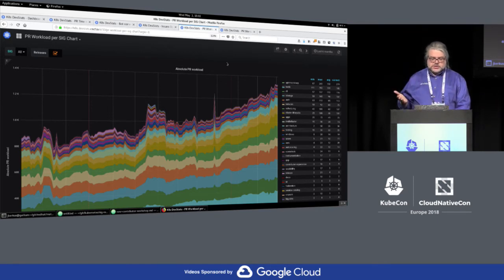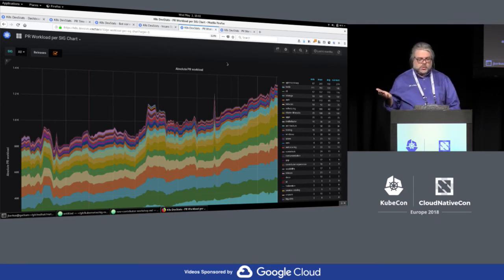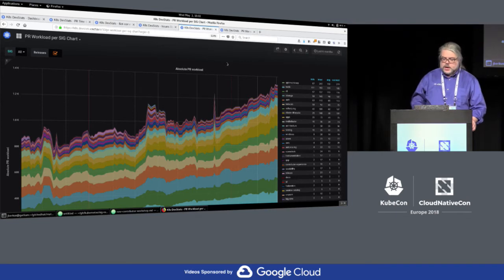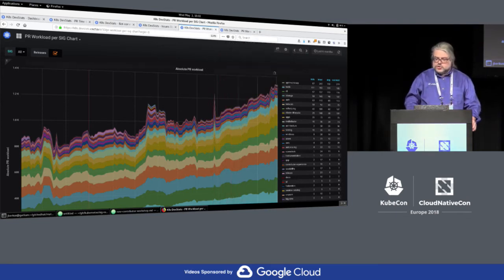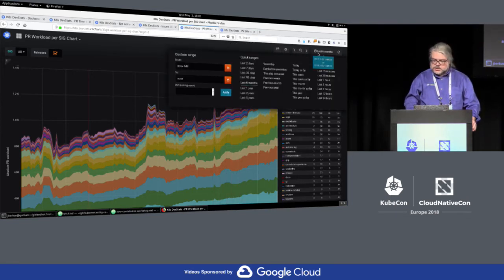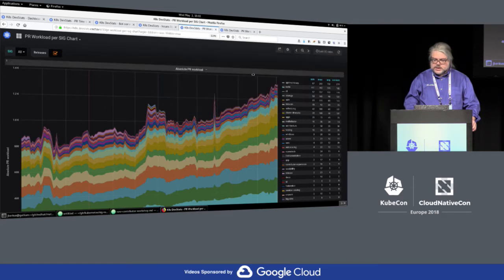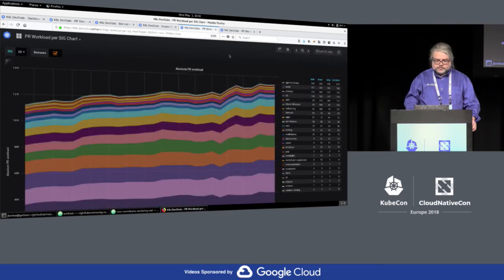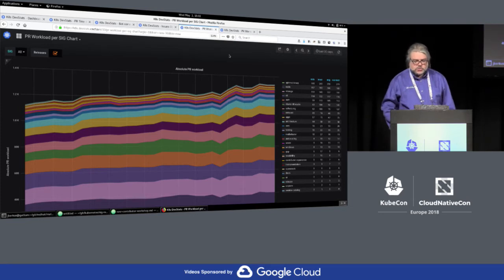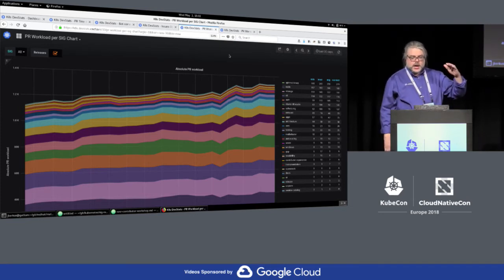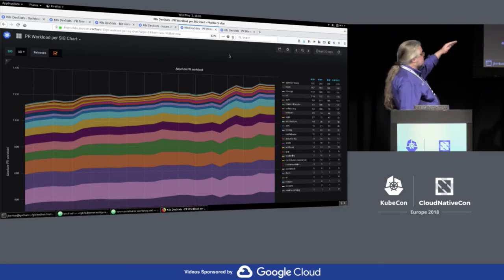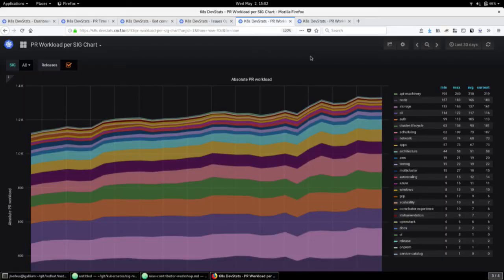Now, this exists in a couple of places. This is the PR workload per SIG as a graph. And you can look at the general graph. Let's not do the last 6 months here, let's do, say, the last 30 days. And so you can actually look at this as a general graph, and you can kind of see what's going on in general in terms of PR activity, and we have the slow